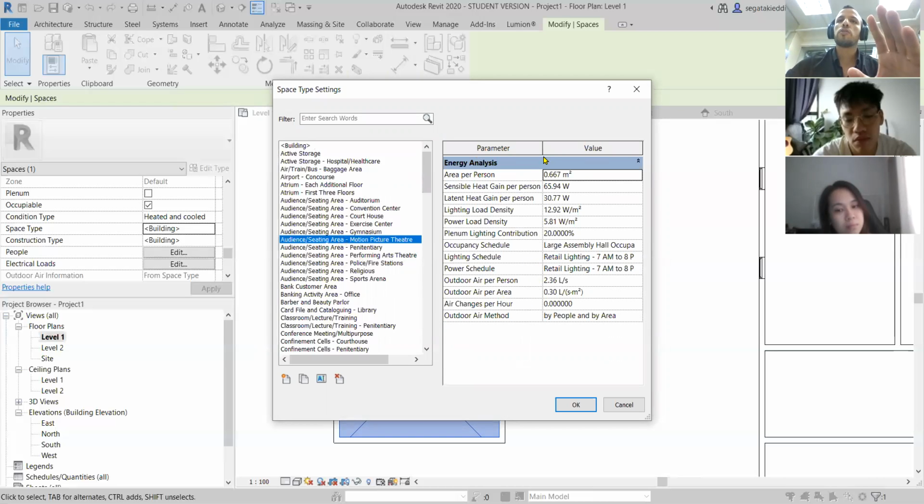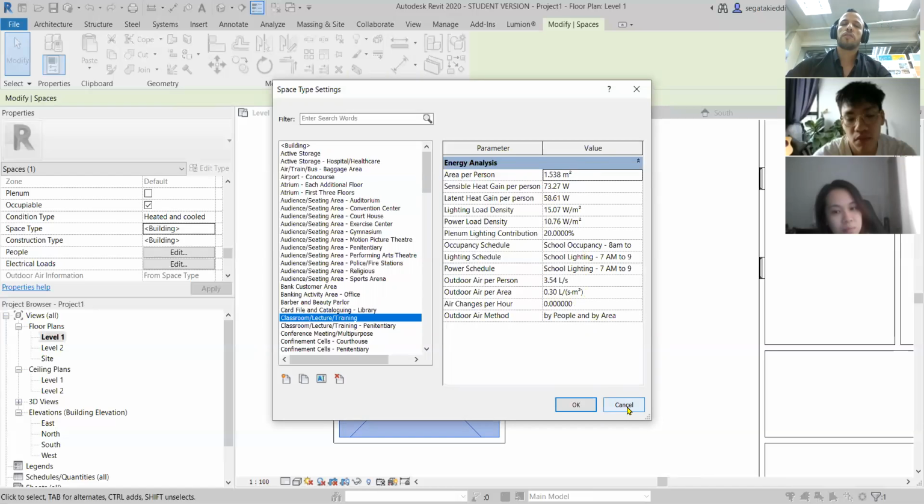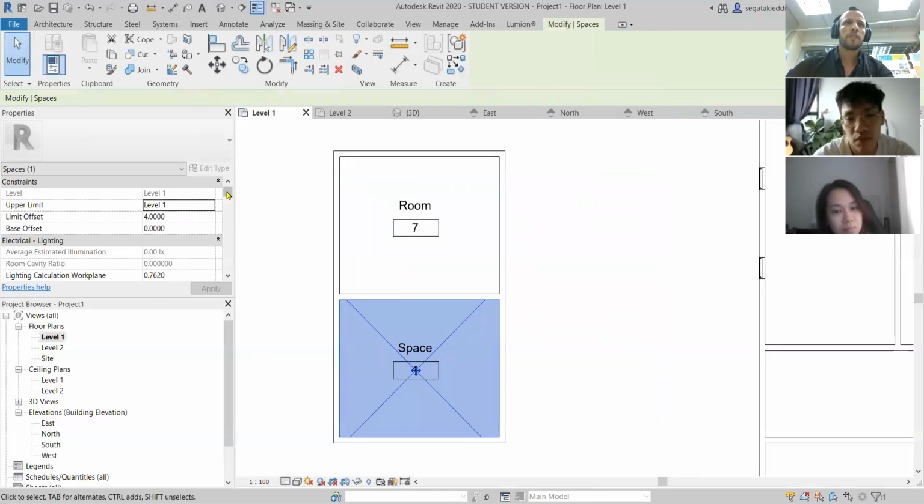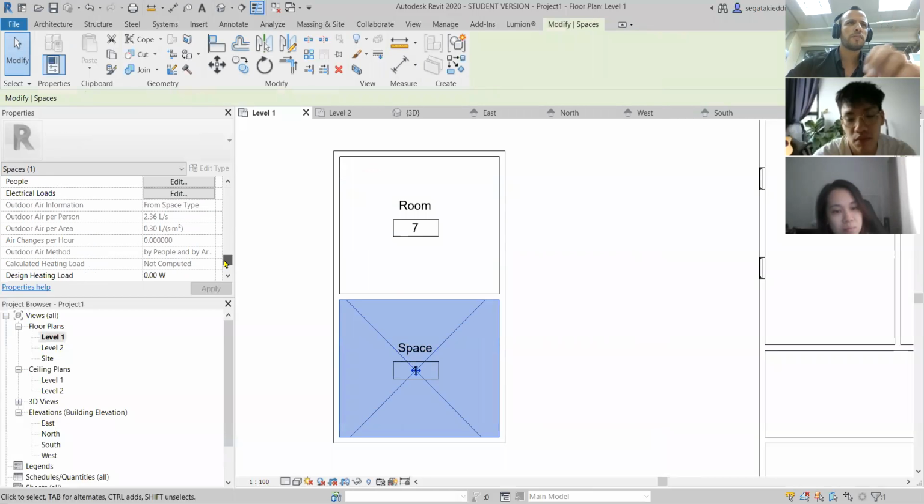But the good thing is, you will almost not need to change anything. You just select the space type, any space type, and apply it. That's it. It's good to see what is happening here, but for the sake of this assignment, no need to make changes. What else? If I go down again,